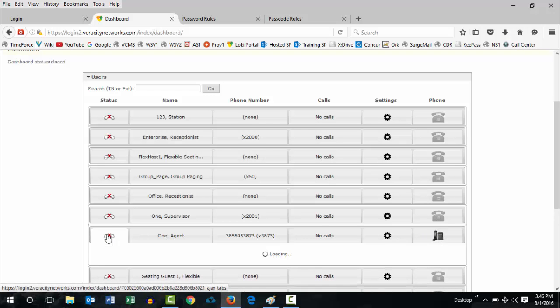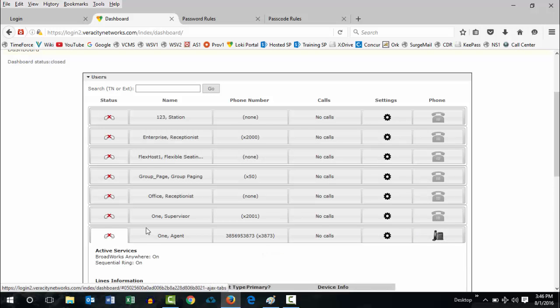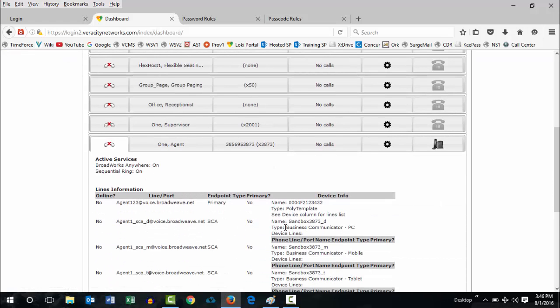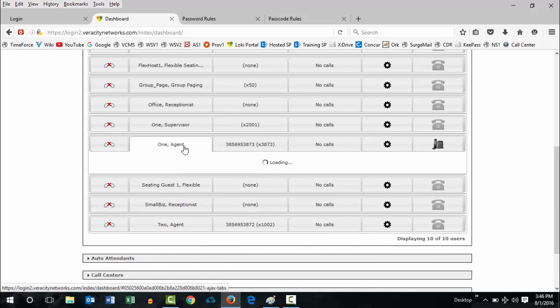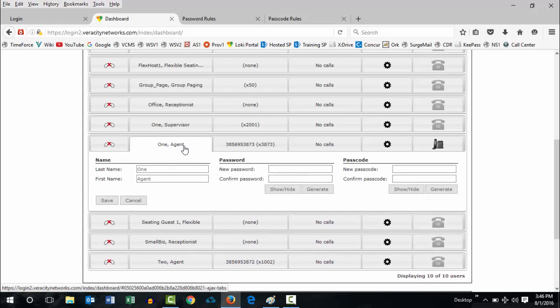So you click on it and if it was connected, it would give you some information, which template it was on and so forth, any shared call appearances and stuff like that. And probably won't really use that much unless you're troubleshooting something. If you click on their name, this is where you can go in there and change their name. So if Joe Smith has been replaced by John Doe, you could just come in here and change the name,